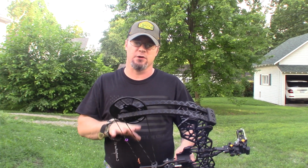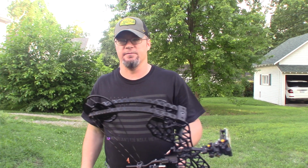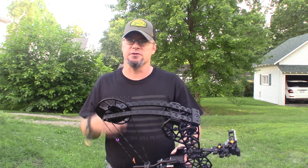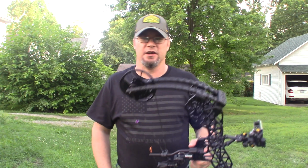And a bow that is improperly tuned can really cause you some major consistency issues, and it could cause you to lack efficiency in your bow. So you'll lose feet per second with that. You'll lose energy on the shot. You'll just lose all kinds of things by not having a properly tuned bow. And we've got 100 tuning videos out there, so you can go and check all those out